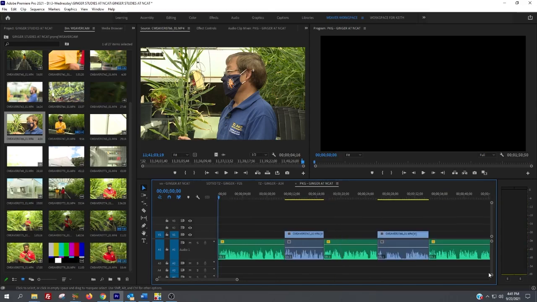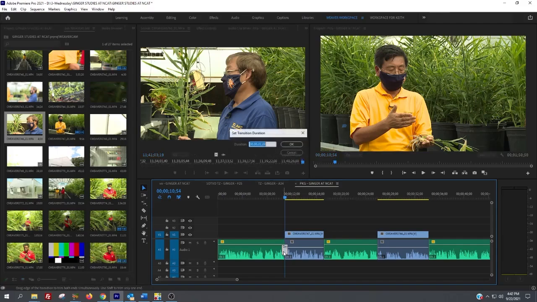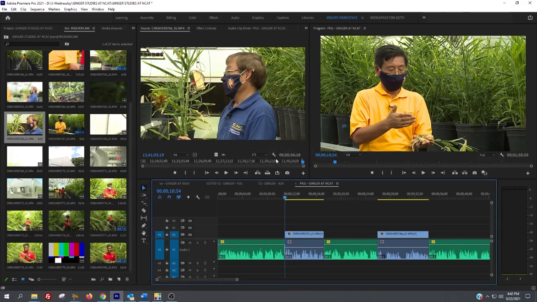And then my next step is I add an audio dissolve to every cut real quick. So I'll click on that with the mouse, click on that edit, and I'll use the audio dissolve shortcut, Control-Shift-D. And then double click on that and I will make it 7 frames. If you double click on any transition, it'll give you the duration availability, and there's also a shortcut to do it, which is